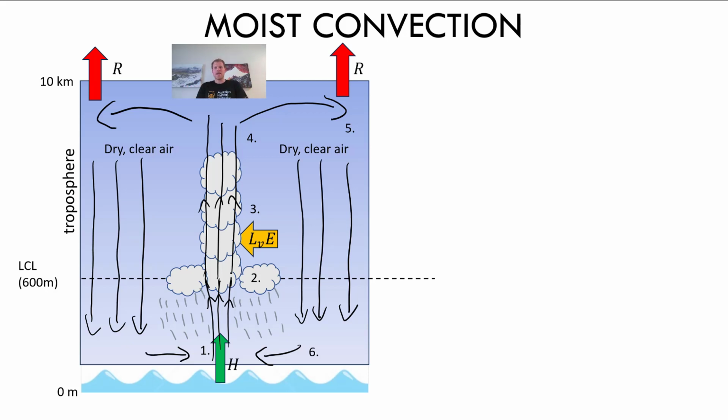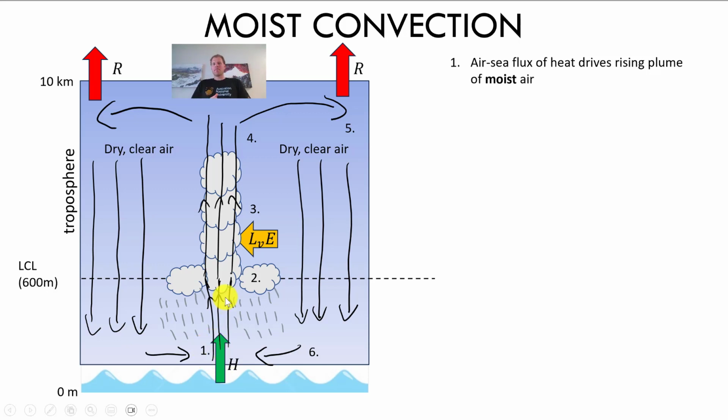Okay, so now we understand that. Let's go back and look at moist convection in more detail. So it starts very similar to the dry convection. We have heating at some point on the surface. So this could be the sensible heating from the surface, heating that surface air, and that surface air therefore rises